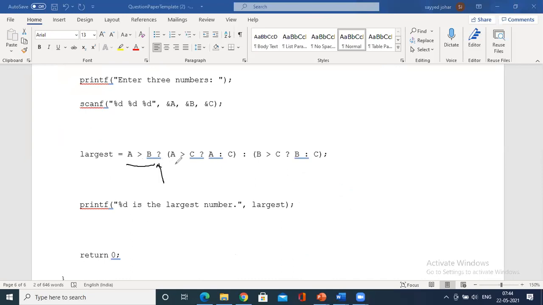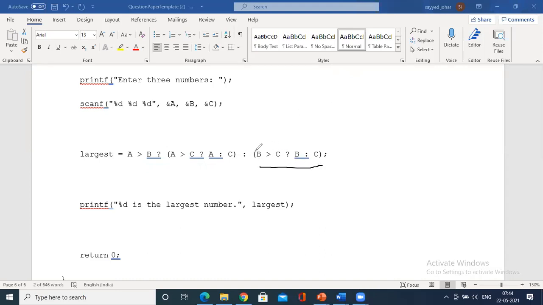then condition, followed by colon, what has to be taken, this or this. See, this is one condition within the condition. So for your sake of understanding, if you may not be able to follow this, just focus on one simple condition, that is this condition.